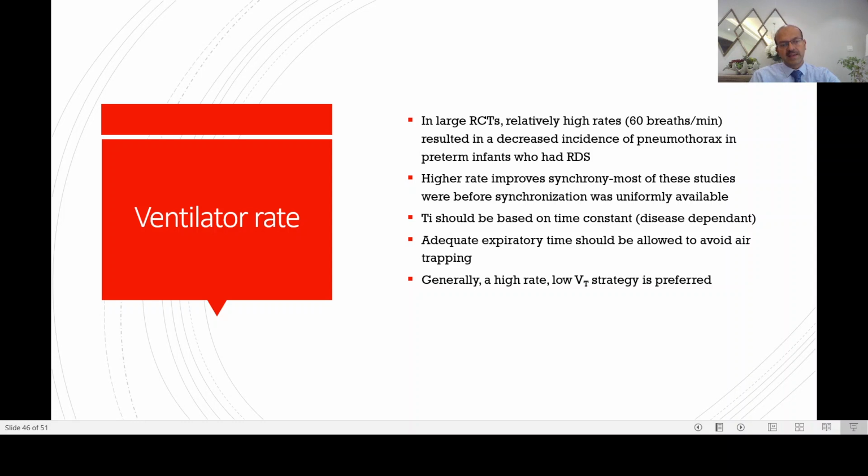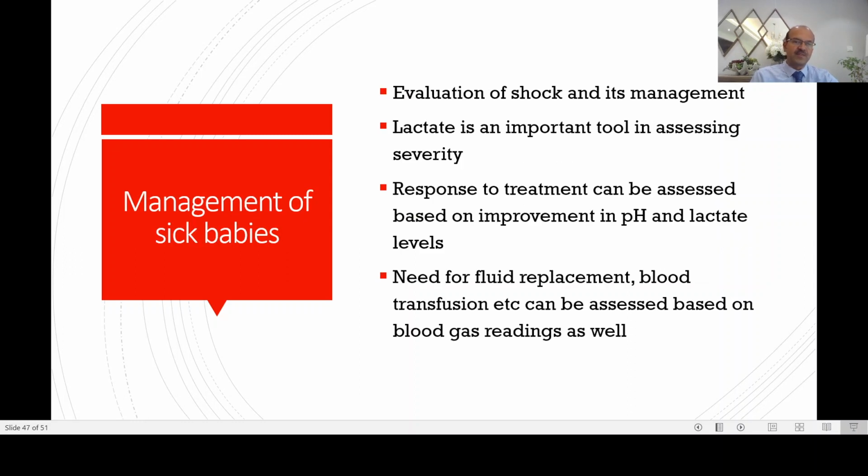However, remember that rate adjustments are important for carbon dioxide. And also remember that in high frequency, increasing the rate is one of the measures we use when you have CO2 washout. And if you have CO2 retention, you drop the rate on high frequency to make your ventilation more effective. When I say rate on high frequency, it's a frequency, sorry.